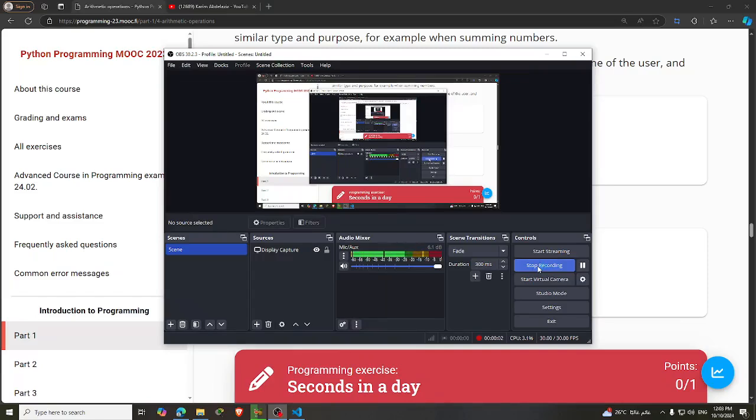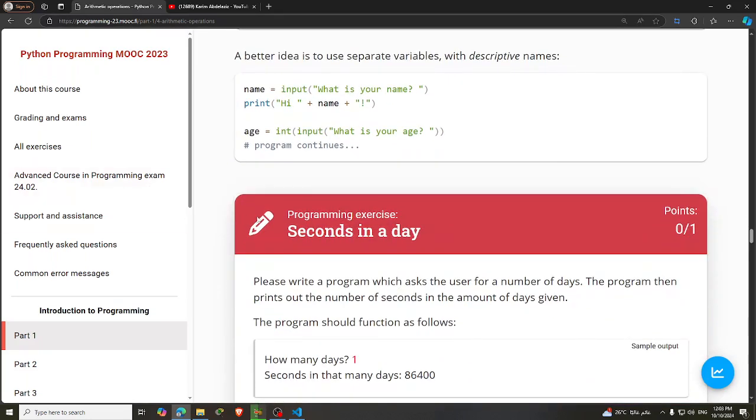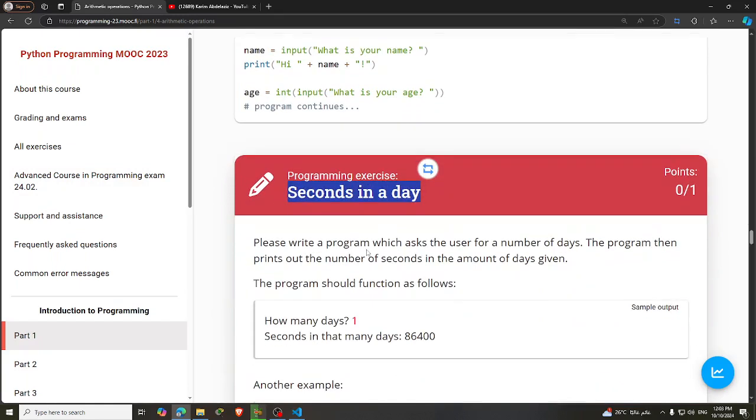Hello everyone, in this video we will continue our last video, which was about arithmetic operations. Here we stopped at the programming exercise, which was seconds in a day. You will have to calculate how many seconds are in a day. So in this example